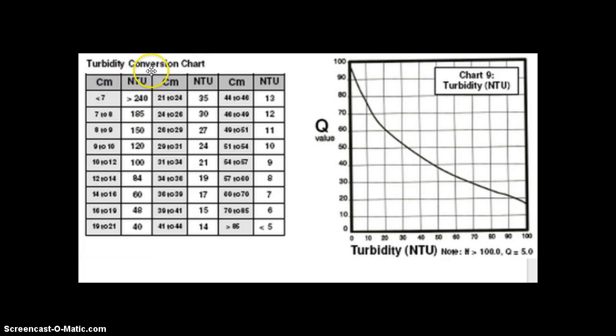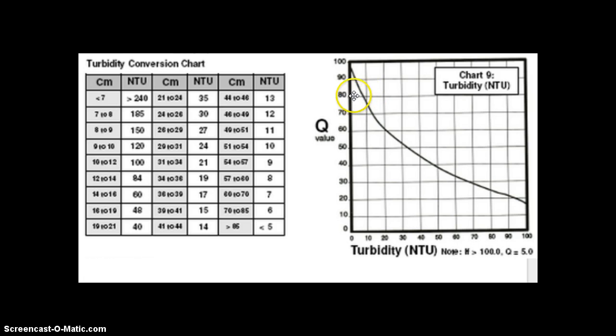So you'll notice that these are the values in centimeters, and we're going to correspond that to an NTU value. And 60 centimeters here is, here I have a value of 57 to 60, and we're going to go with the value of 8. So if I look at this value of 8 here, I'm going to find my NTU value of 8. And I'm going to go ahead and find it. Notice it's in this first little square that's a value of 10 within here. So I'm going to use this scale, and I'm going to follow this 8 up here. I used 8, and it's nice because it intersects with the 80, or this 80 Q